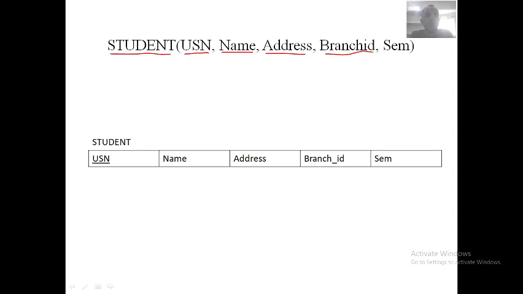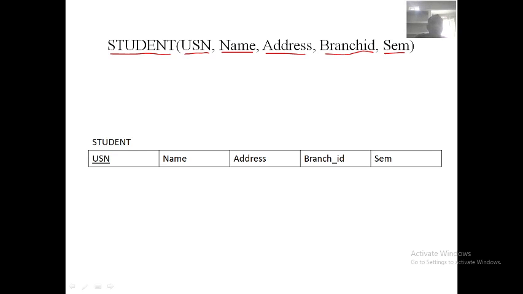The student belongs to a particular branch, and its ID is there. I'll come to that later. And he must be studying in a particular semester. These are the basic attributes of the student.